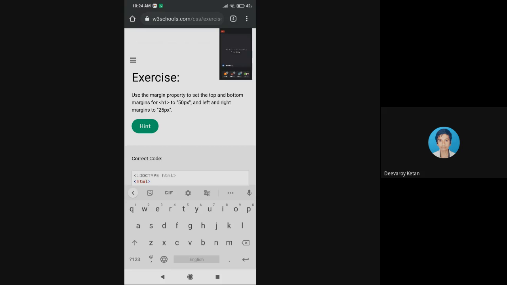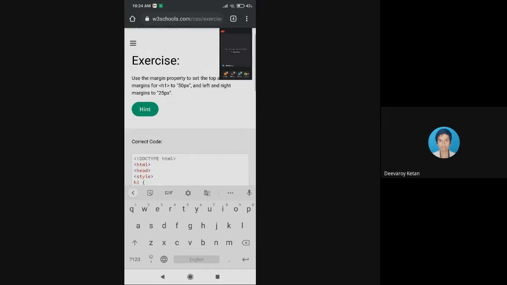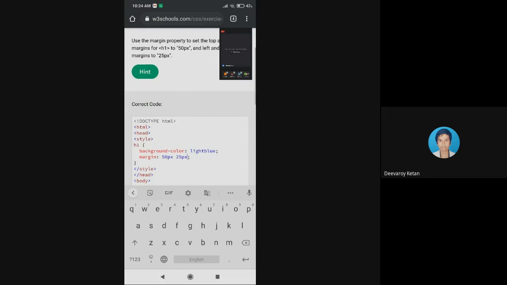So for top and bottom, I'm going for 50. The first value will be taken. If you don't give the 25, it will be considered for all the sides, left, right, top, bottom. But I want the left and right margins to change also. In order to override that, you have to give the second value. If you don't give the second value, it will consider all the directions.